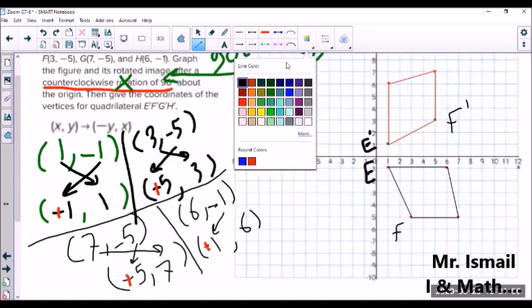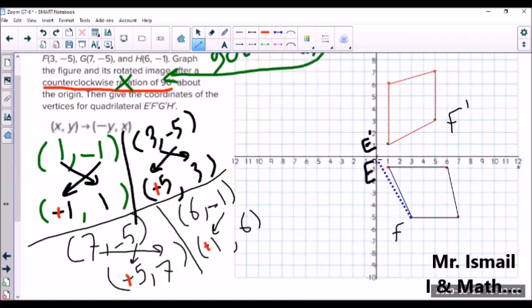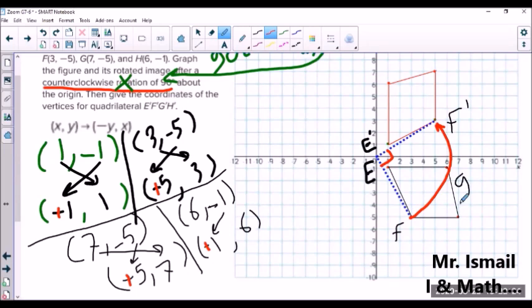Let me change the color. You see the point F? This is the origin, right? Look at the 90, where? You see the 90? Here's the 90. So I rotate F from this point to this point. Okay? 90, look, from this side is 90